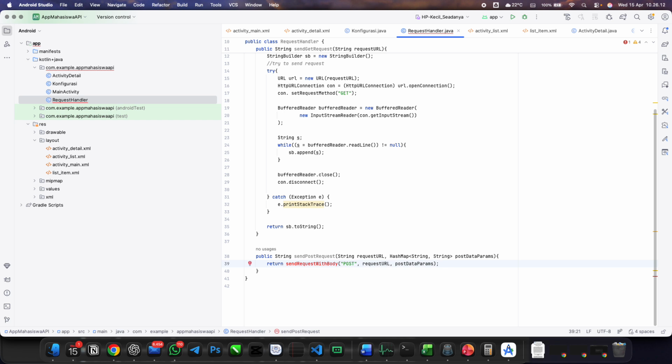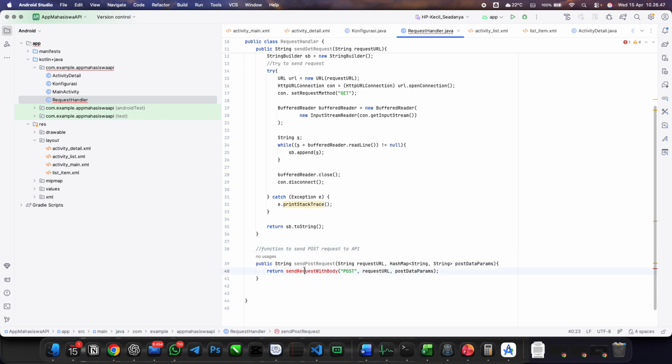Okay, send request with body will be an error because we haven't created that function. I think we will create this function first before we continue to other functions. Okay, now I will take a note in here: function to send post request to API.